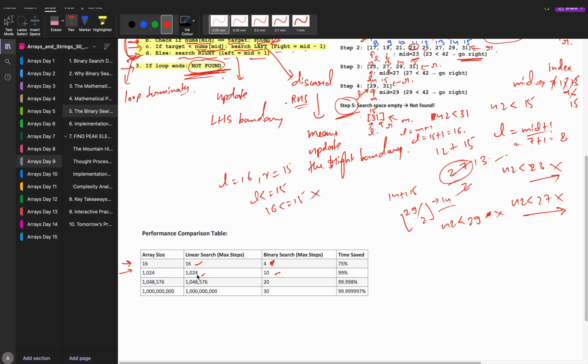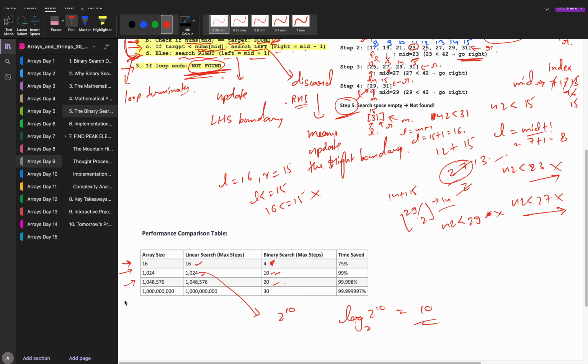You don't need to do anything. 1024 is nothing but 2 to the power 10. And taking log of 2 to the power 10 to the base 2, it will become 10 only. Okay, that's what is written. Now, in bigger data, this much doesn't matter, you know. So don't worry about it. If there are one or two steps here or there, it doesn't matter much. We look at the bigger picture.